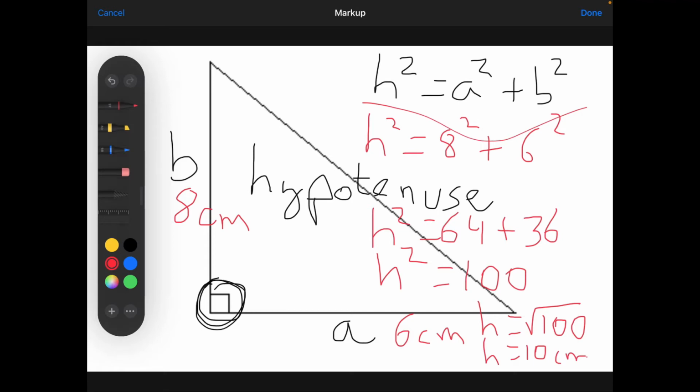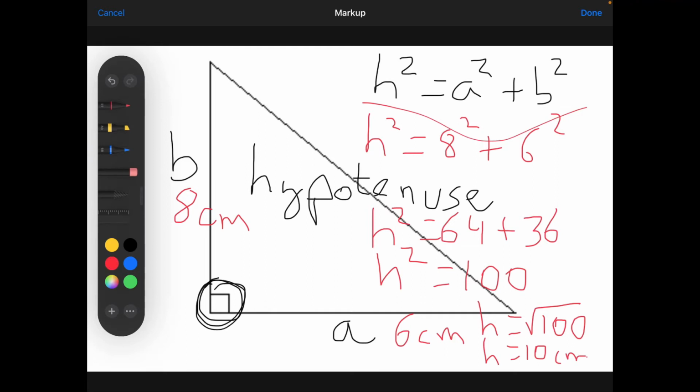Now, more often than not, your answer is going to be a decimal, in which case you should round your answer to 1 or 2 decimals, depending on what the question says. So do not be scared if, like I said, more often than not, your answer has got a decimal in there. Now, we can also use Pythagoras theorem to